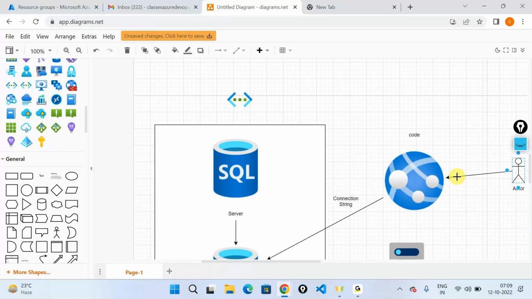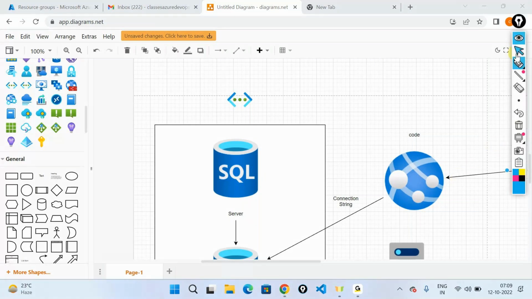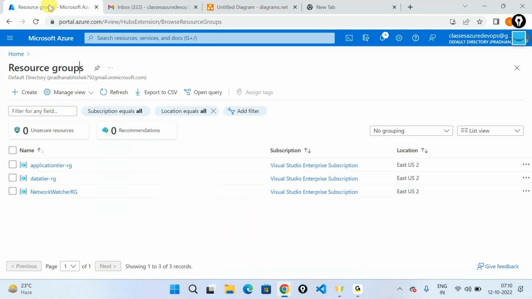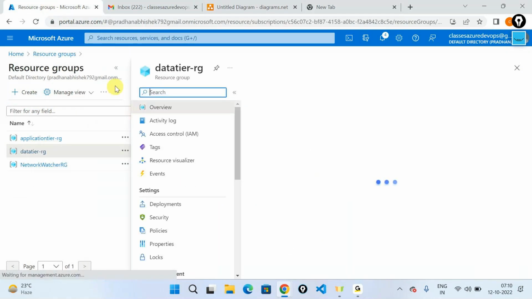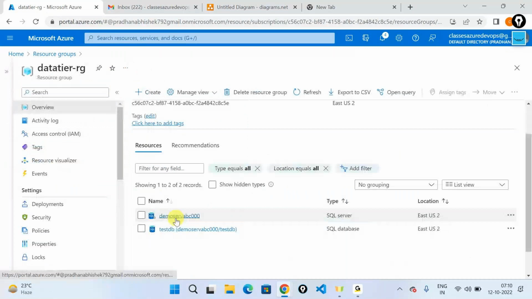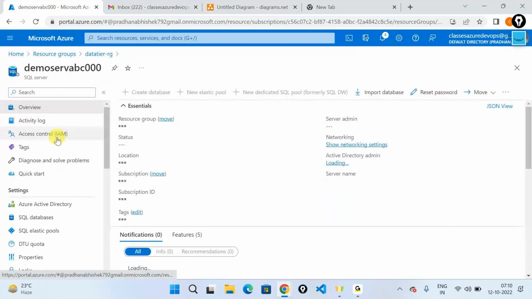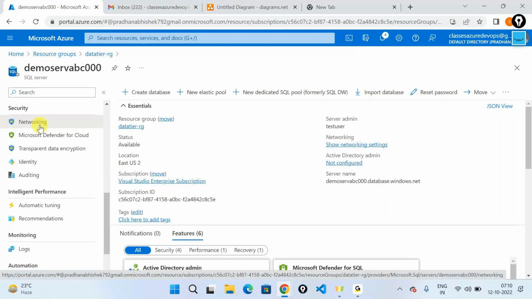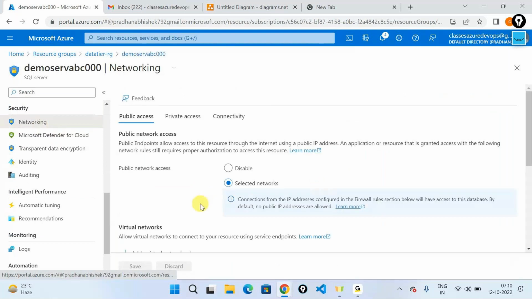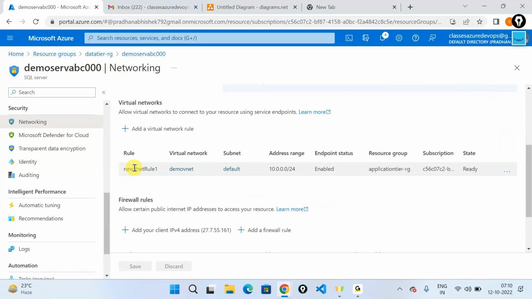But at the end, I also said that being a DevOps engineer, you should also take care of the security of an organization. We will have to take care of the security of a particular organization here. And then we finally added a virtual network. So if I go inside my SQL server, inside the networking, we have added a virtual network rule telling that